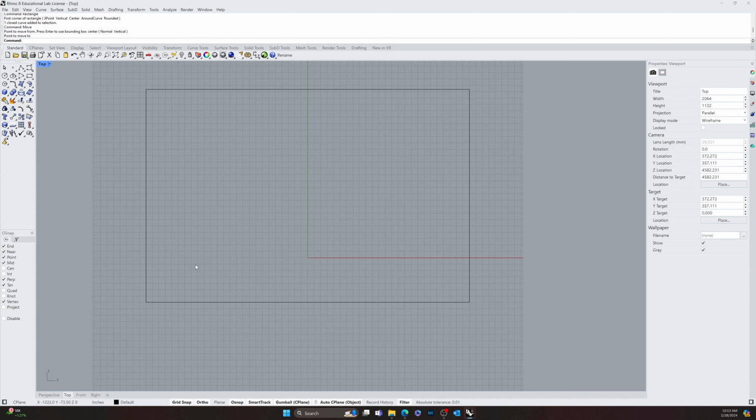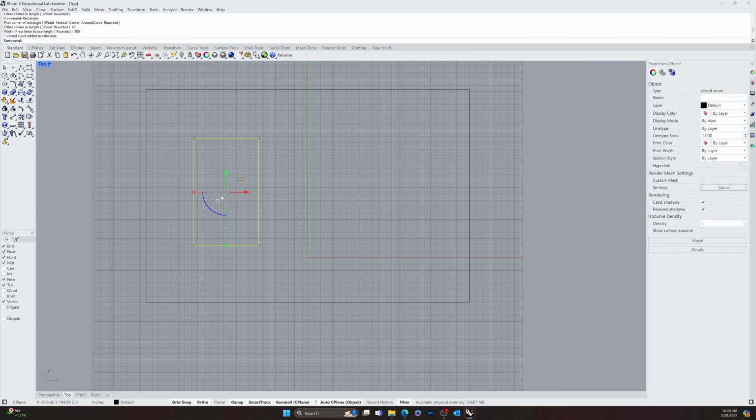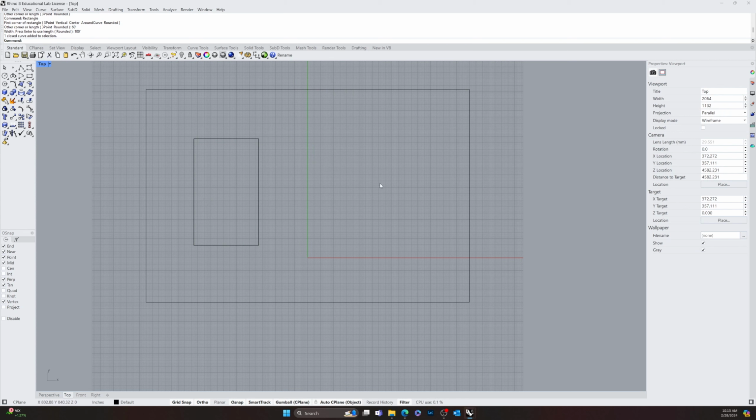So I'm going to start off with a stairwell, and I'm going to go ahead and draw that. Let's see, I'll do a rectangle with 100 feet. Actually, no, I'm going to do it the other way. So when I do 60 feet, enter 100 feet. Okay, so this is going to be the stairwell that's going to go up to the second floor, and it's going to be like a little landing area at the top here. And then I'm going to do a